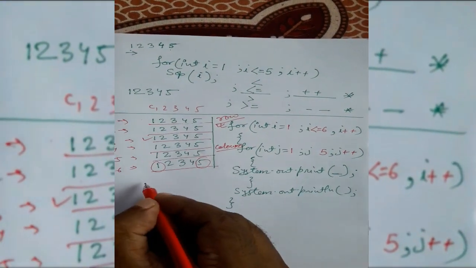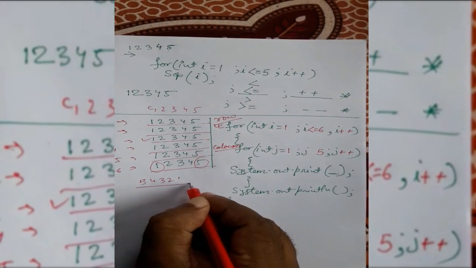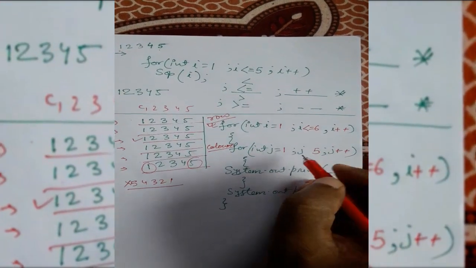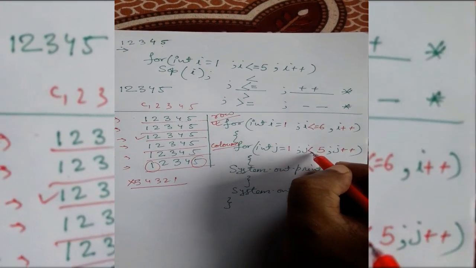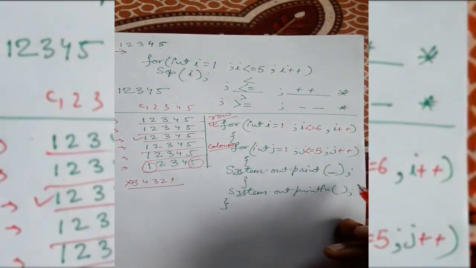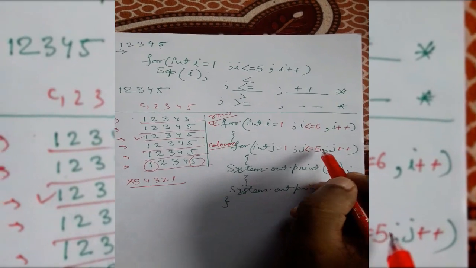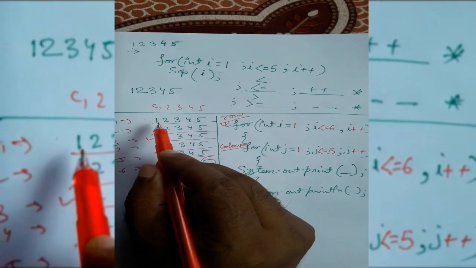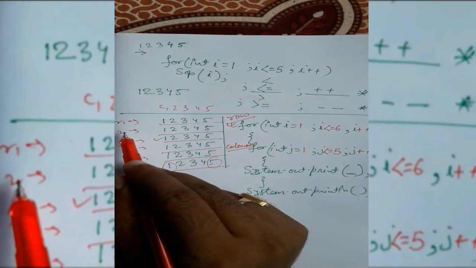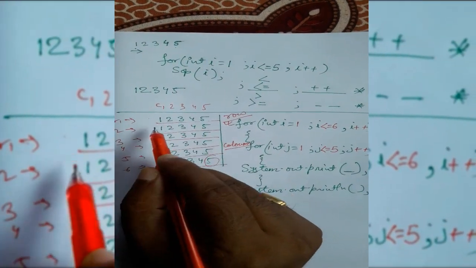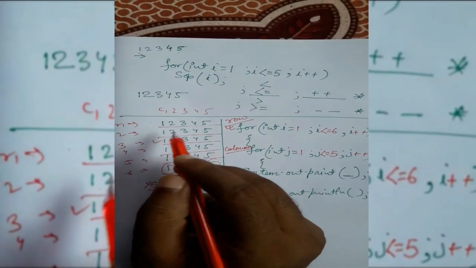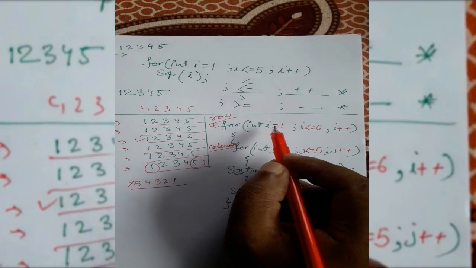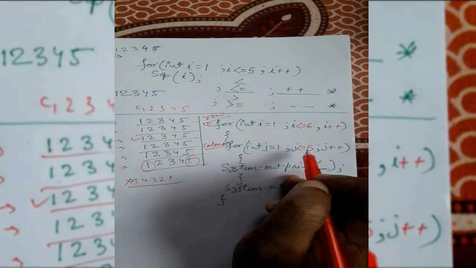If instead of 1 2 3 4 5 it were 5 4 3 2 1, we would give minus minus here. Because it is 1 2 3 4 5, we will give plus plus. I told you because it is plus plus, it will be less than equal to, so 1 to 5 it will come. Now you see, when the value of i is 1, what are we printing? We are printing 1 to 5. When the row is 1, we print 1 2 3 4 5. When the row is 2, we print 1 2 3 4 5. So which one is varying the value? j. When the value of i is 1, j will go from 1 to 5. When the value of i is 2, j will go from 1 up to 5, it will execute.